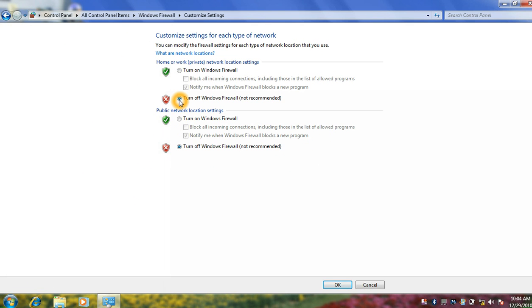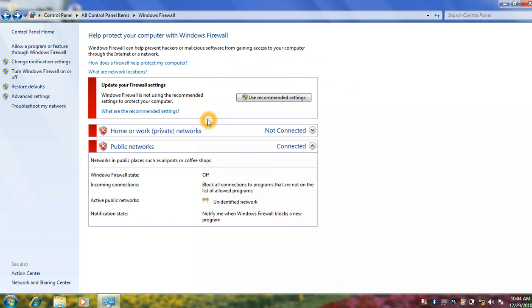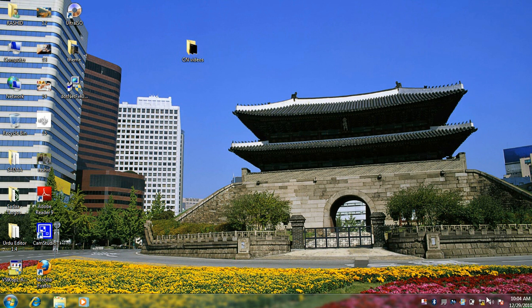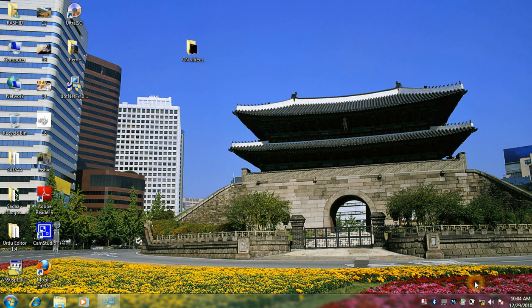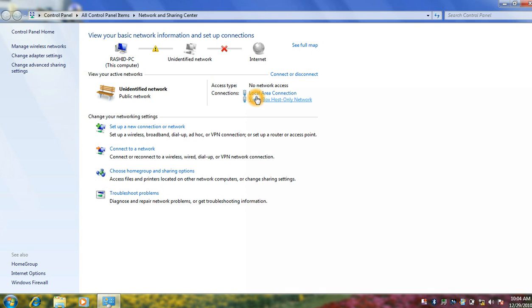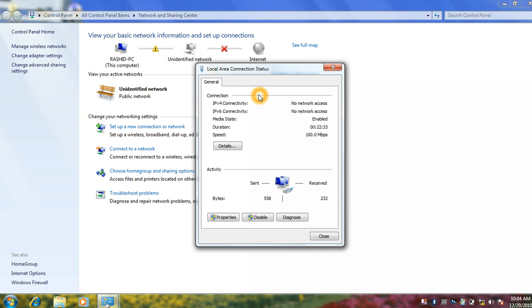This is already turned off and this is already turned off. Okay, press OK and close the window. Now go to the network adapter, open Network and Sharing Center, click on Local Area Connection